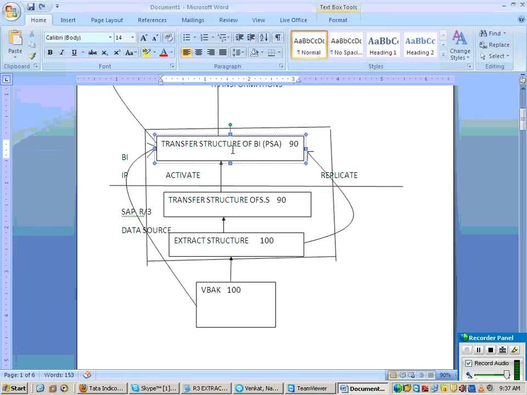Okay, but the process inside is going on this. Yes, exactly. VBAK we can find 100 fields, then transfer is 9. That is fields, not records. So we can find all this in our system. All those things you can see in your R3 system. Once the transfer structure is created in BW, the same copy is created in R3. Exactly. Once the transfer structure of BW is formed, your transfer structure of the source system will be generated.